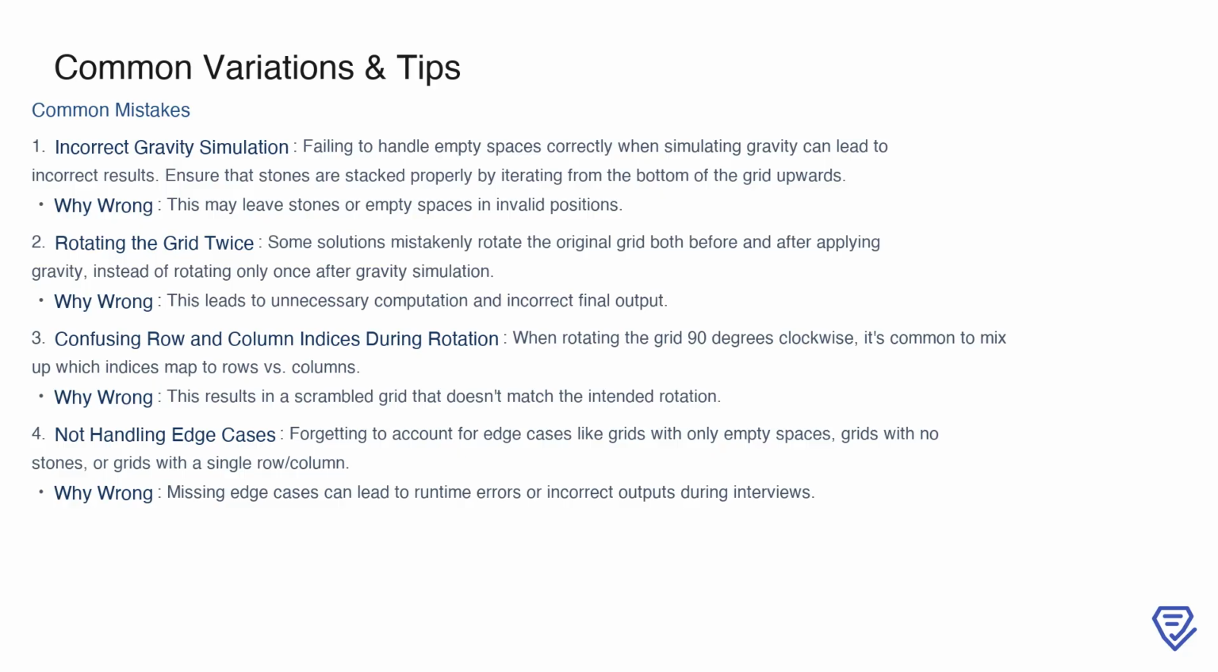Another common error is rotating the grid twice, before and after applying gravity, when the correct approach only requires one rotation after the gravity simulation. This not only wastes computation but also produces incorrect results. Additionally, it's easy to confuse row and column indices during a 90-degree clockwise rotation. Remember, rows from the original grid map to columns in the rotated grid, and mixing these up can scramble the